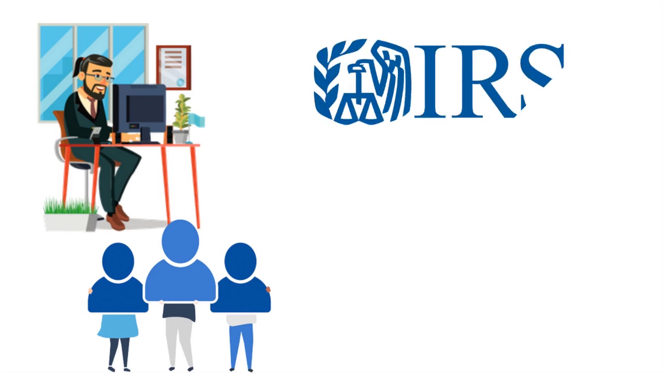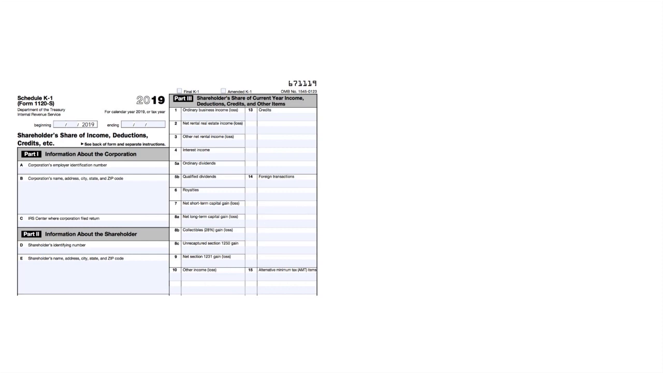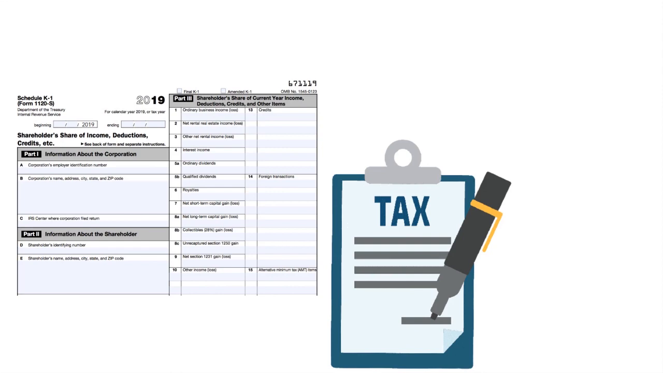If you are a multi-member LLC and you do nothing, by default the IRS will treat you as a partnership, and the IRS will require you to file Form 1065. Along with Form 1065, you need to send Schedule K1 to all the members of the LLC. So it's really important to use the right tax form, because otherwise this could trigger an